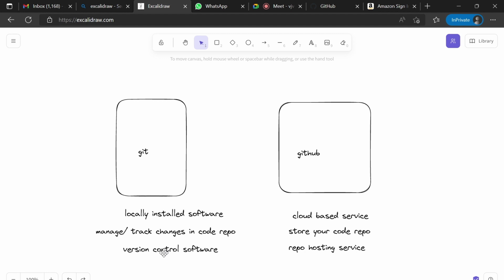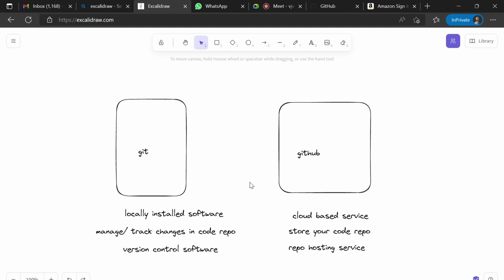So you have control over your changes. You can track them, you can see, you can commit, save it. All those things are there. It's like your logbook, just like you maintain a diary where people put their daily experiences. Like that, you can go through logs and see what all the changes you did throughout the past development cycle. So this is version control software, and this is a repo hosting service. So we are done with the difference between these two. Now we will move toward the concepts like Git. We will check how to use the Git commands.